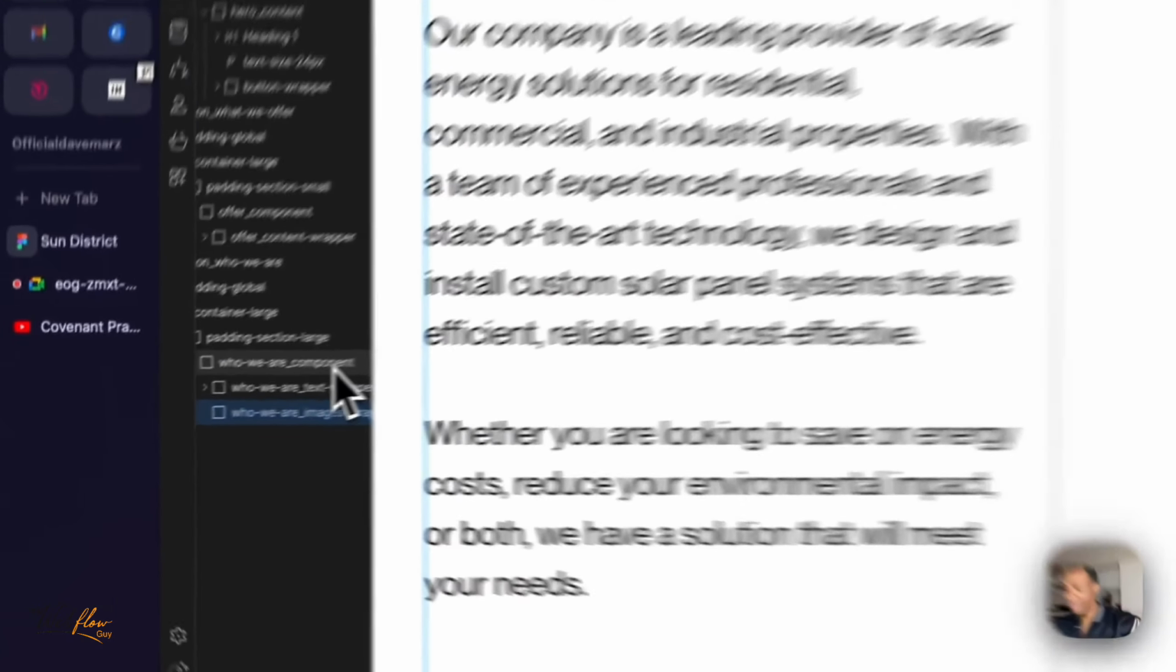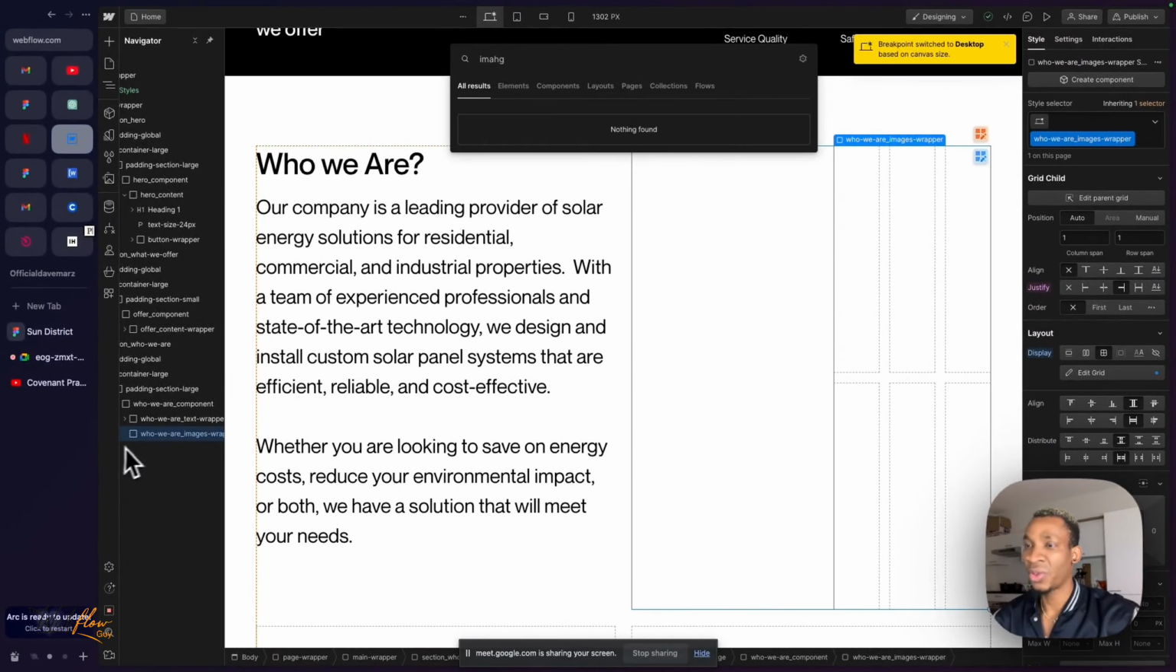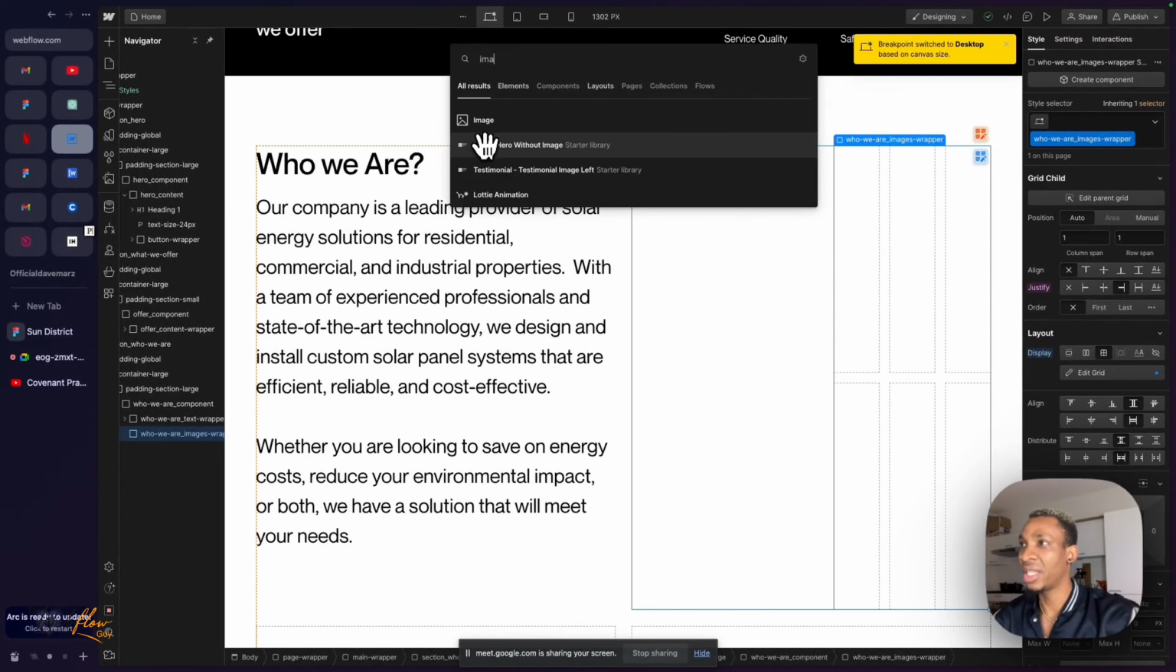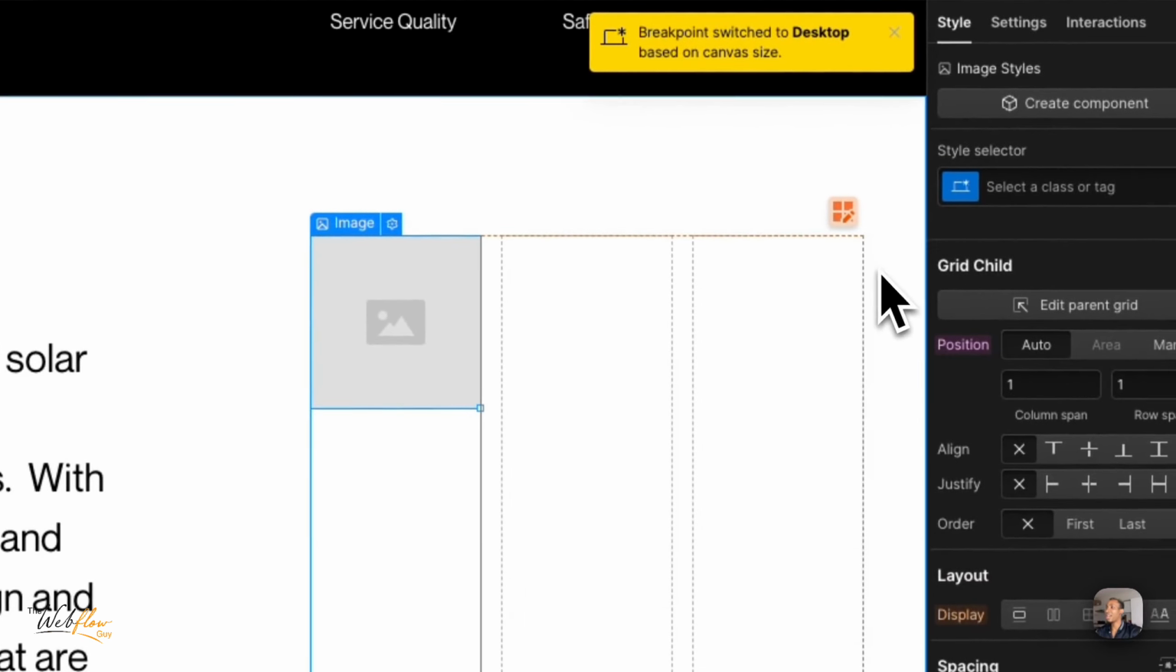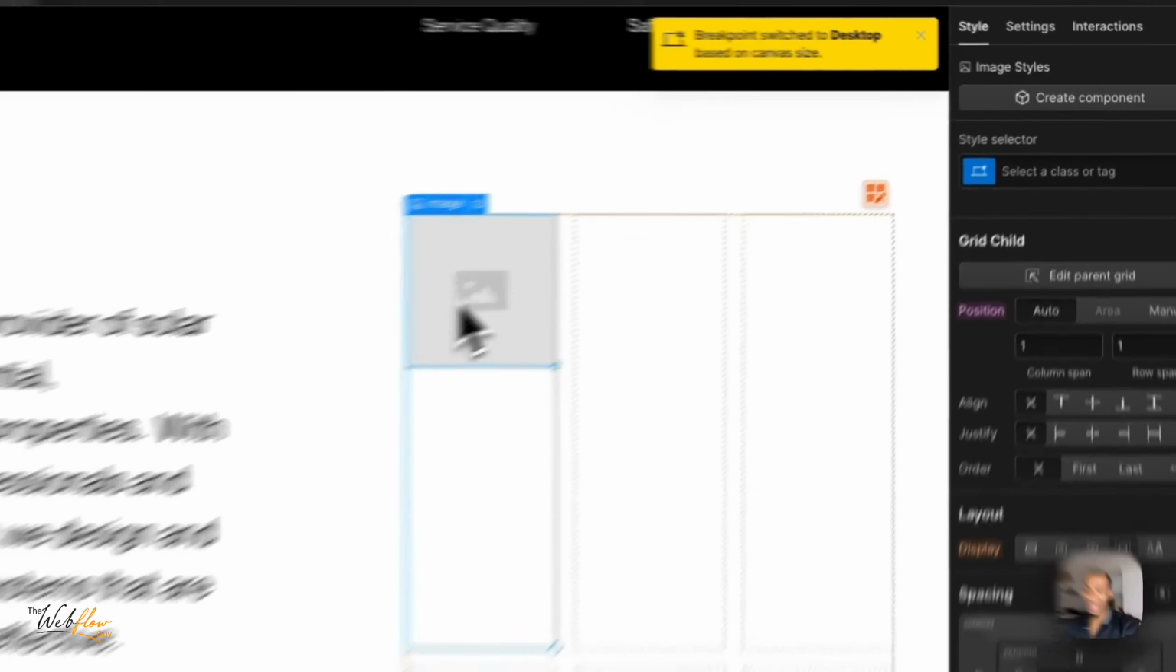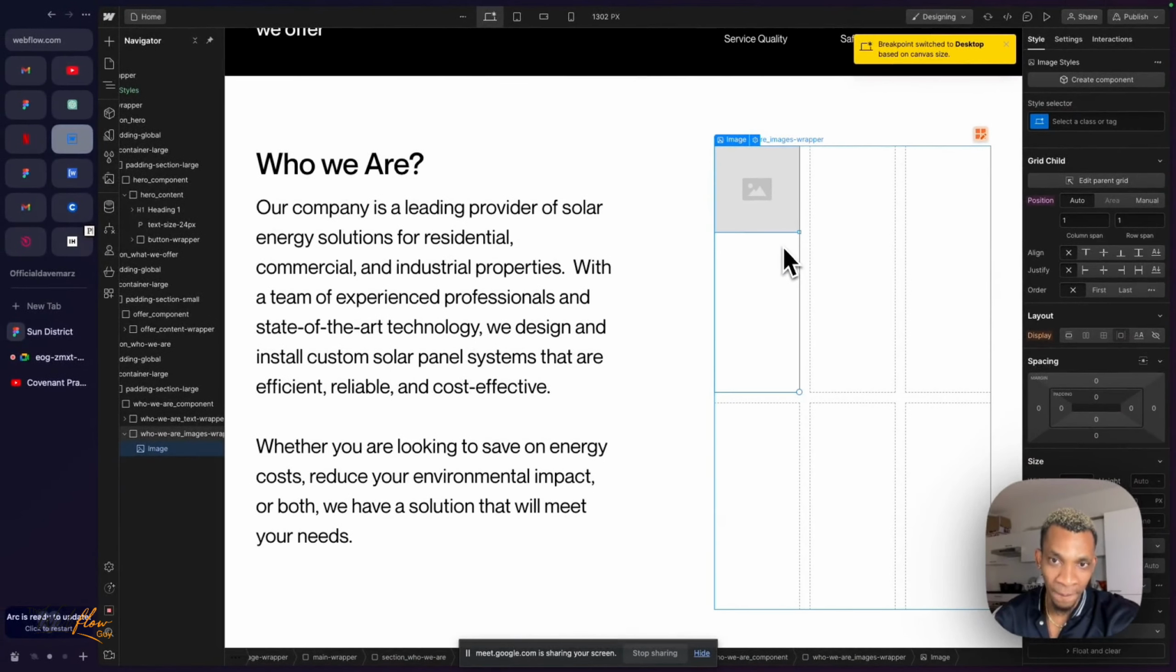So let us bring a first image. So I bring an image. See how it has helped us arrange it inside the first cell. But what do I want to do? I want this first cell or this first image to